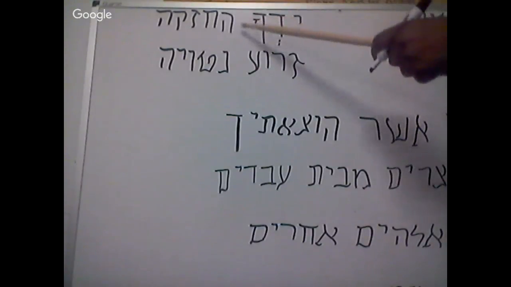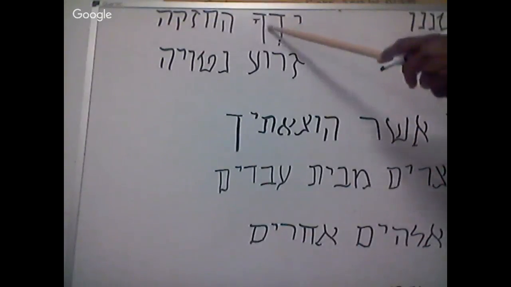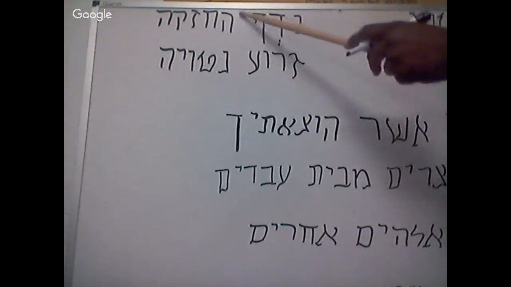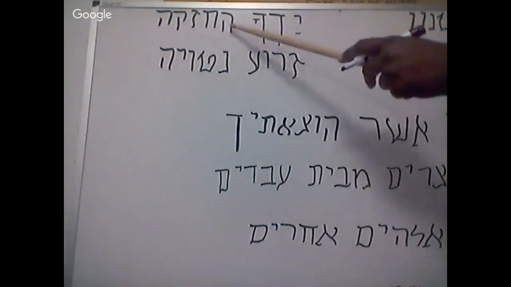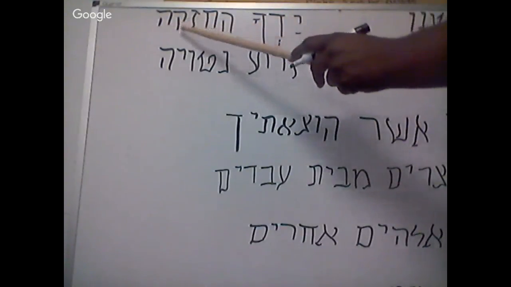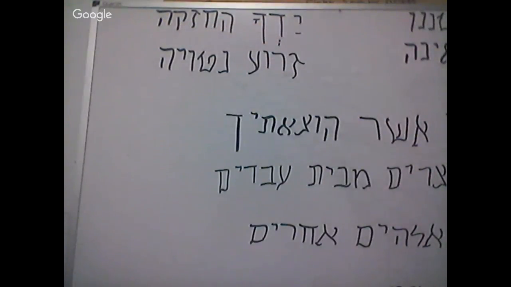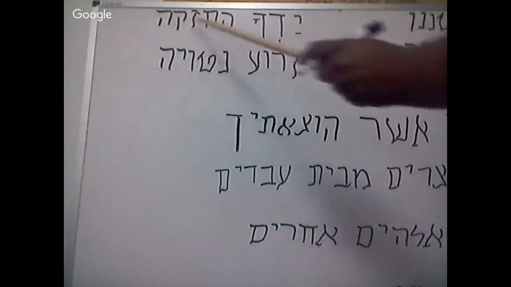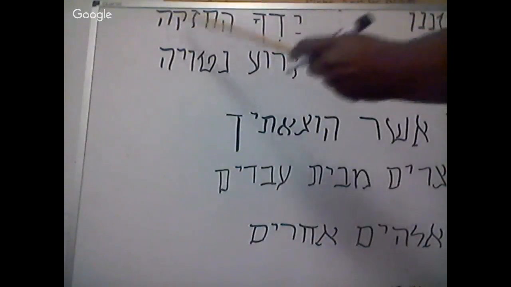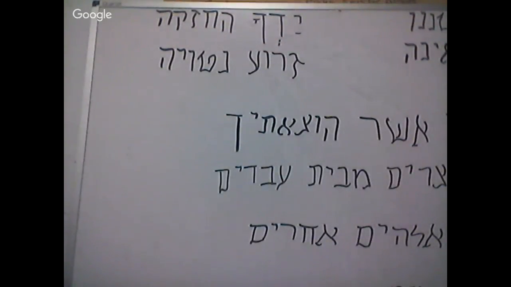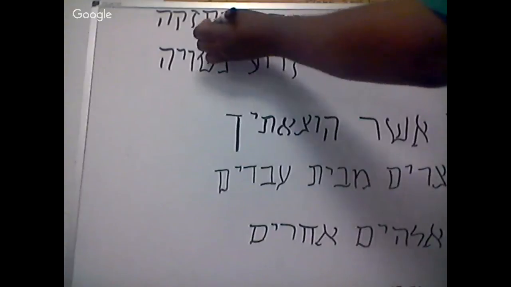So what we're looking at in the next word, because yad means hand, ka, your, yad ka, your hand. Now what we're looking at over here is hey, chet, zayin, kuf, and hey. Ha, ka, zakwa. Now, if you were to drop off the prefix with the hey, you are left with the word chazak. Chazak, if you were to drop off the hey, means to be strong or to have strength. All right, so that's something we want to get into for edification purposes. So you have Yad Ka, Ha